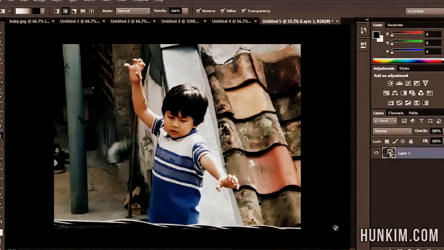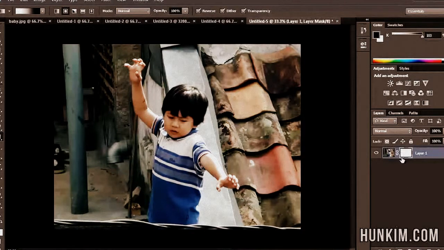Try to understand layer masks in Photoshop CS6. Begin with any photograph and notice how in the layer panel we have tools over here. There's this rectangle. If you hover over it, it's going to say layer mask, add layer mask. So I'm going to click on this add layer mask button,